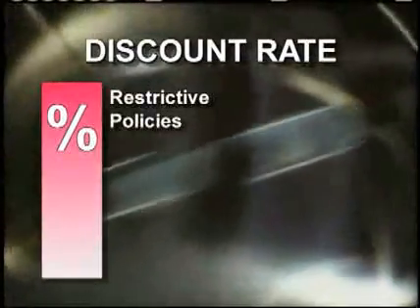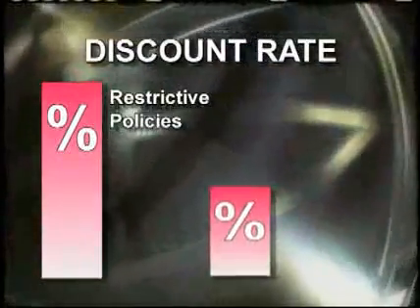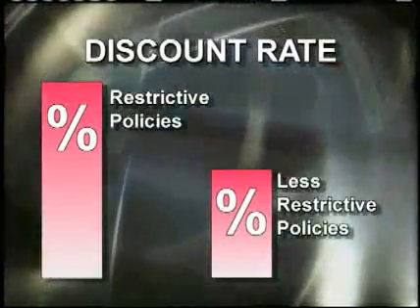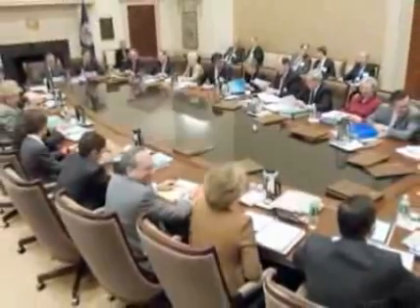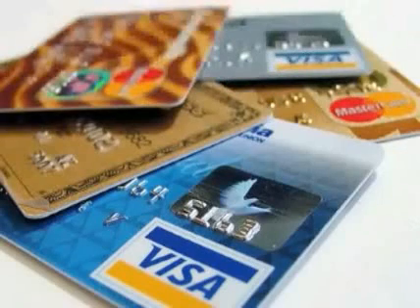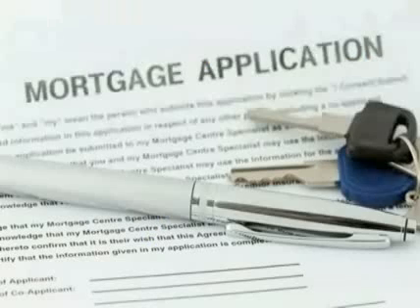Higher discount rates point toward more restrictive monetary policies coming up, while a lower rate might signal a less restrictive move. The board exercises supervisory control with financial institutions, regulating them to protect consumer credit through the Equal Credit Opportunity Act and the Truth in Lending